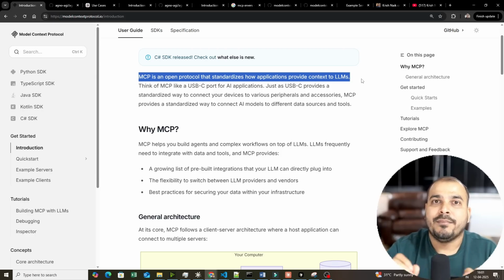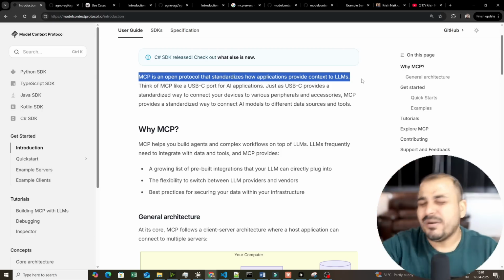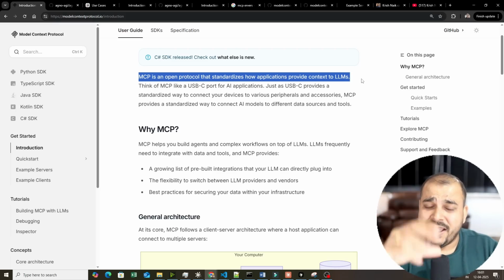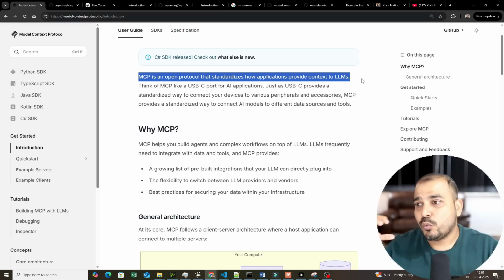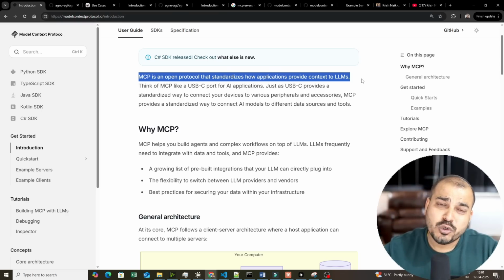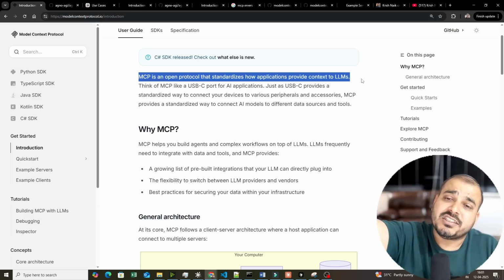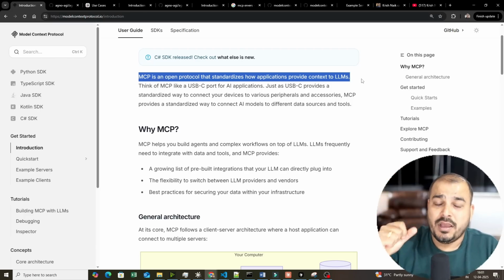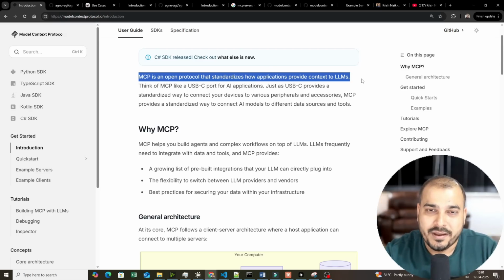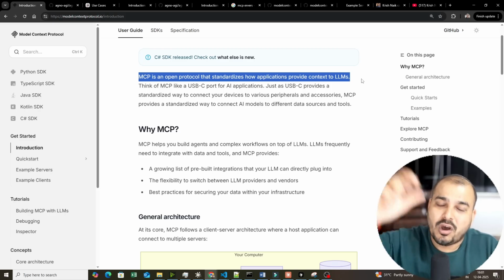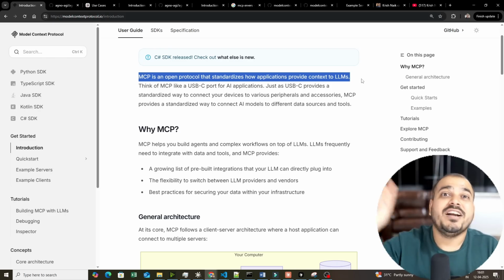I'm defining a node in my LLMs, or any kind of workflow, and my LLM needs to communicate with some external tool. Let's say there is one more LLM which needs to communicate with an external database. Now, for the LLM to communicate with the external tool, I need to write a separate code. For the LLM to communicate with the databases, I need to write a separate code. So this protocol of communicating is different for different tools.